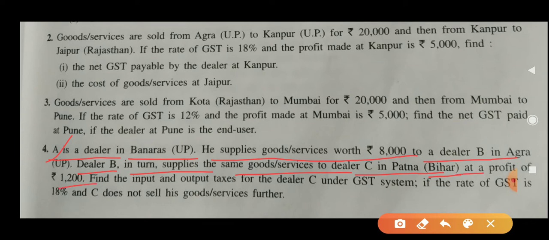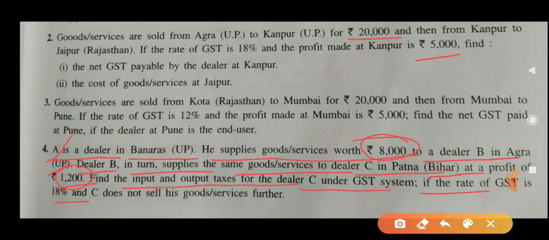In the second question the profit was given 5,000. Here profit is given 1,200. In the second question CP at Agra was given 20,000, and here CP at Banaras is given 8,000. GST rate is the same, 18%. If the rate of GST is 18%, find the input and output tax for dealer C